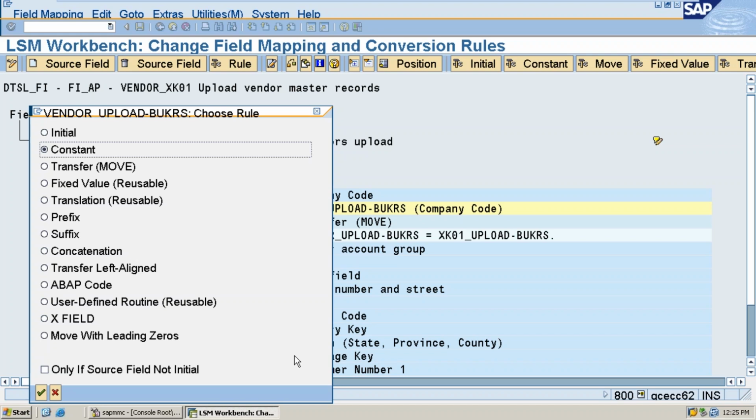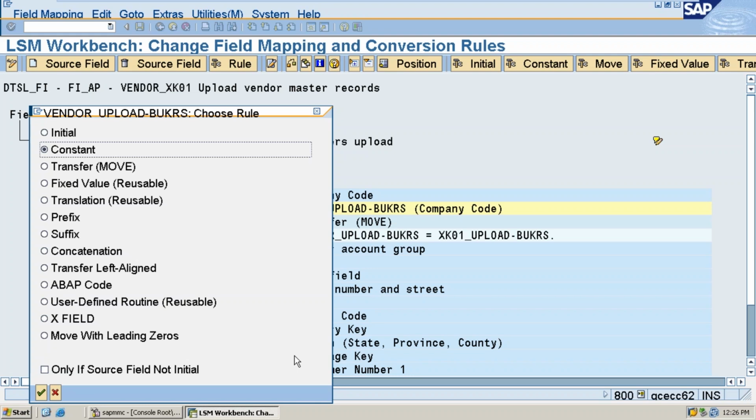Then what we have done here is we have given a constant rule. Constant rule means a constant value, 15th only. However the data is coming into the system, it will not go and sit in the 12th period. It will go to the 15th. If there is any business requirement like that, then you can specify such rules. Otherwise, don't specify any rules here. Keep it as it is.